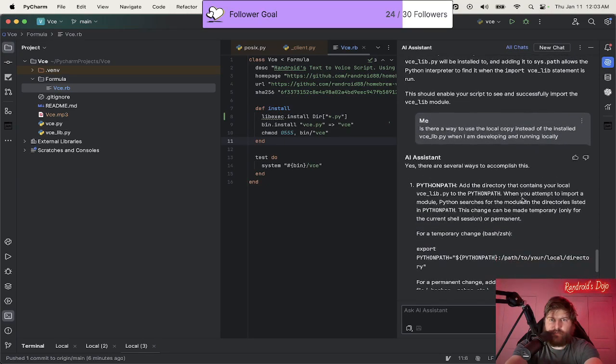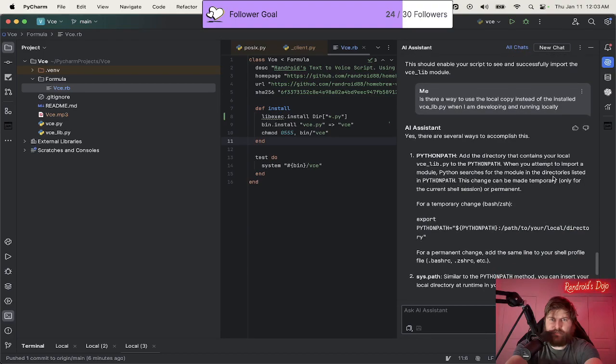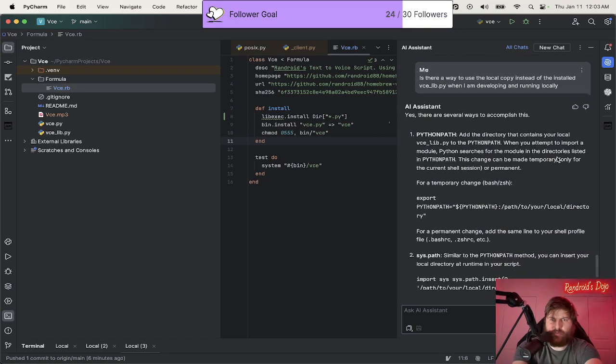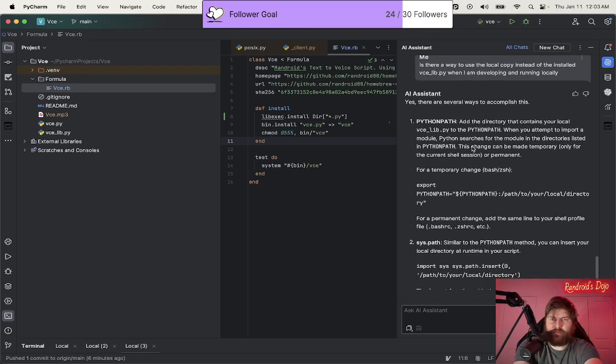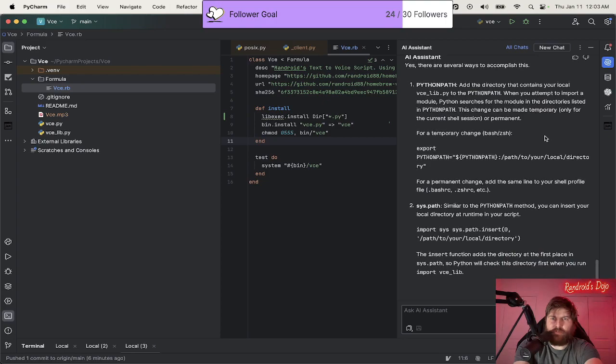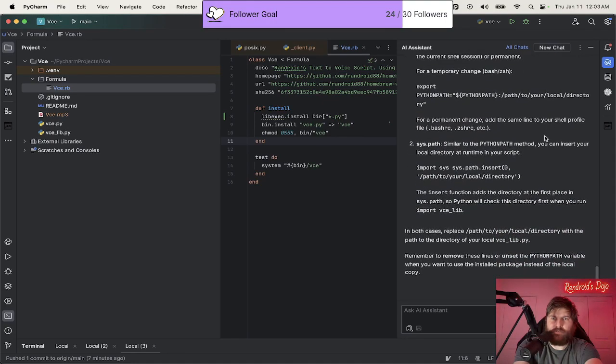Yes, there's several ways to accomplish this, but add the directory that contains your local VClib to the Python path when you attempt to import the module. Python searches for the module in the directory list in the Python path. This can be made temporarily, only if the current shell is permanent for a temporary change. For permanent change,